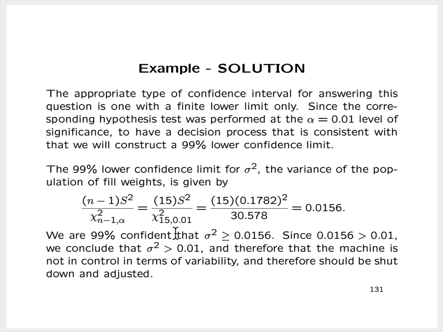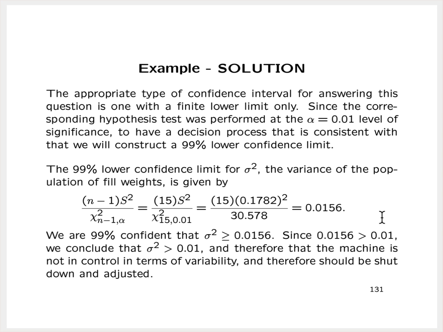And the upper 0.01 percentage point of the chi-square distribution with 15 degrees of freedom, we found to be 30.578, looking that up in the chi-square table in the context of that hypothesis test. And so the 99% lower confidence limit for sigma squared is 0.0156. So what we can say then is that we are 99% confident that sigma squared is greater than or equal to